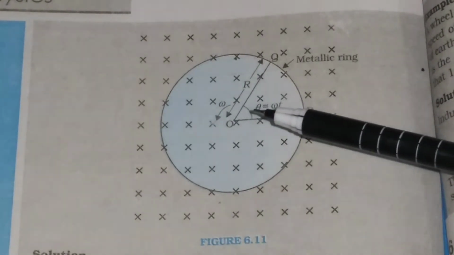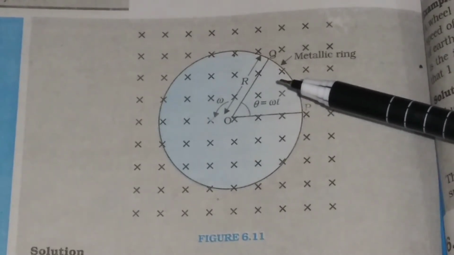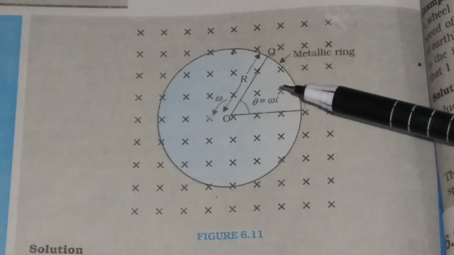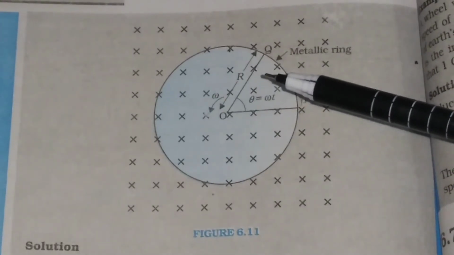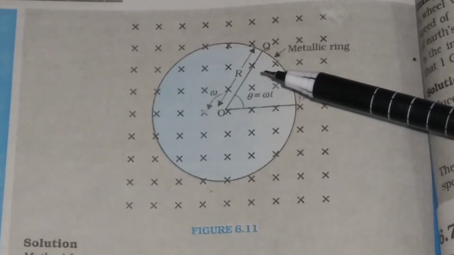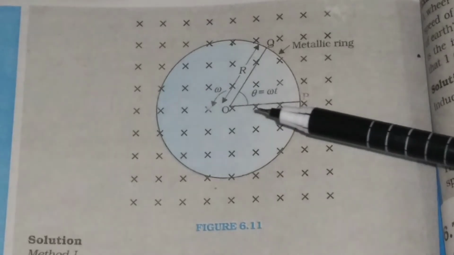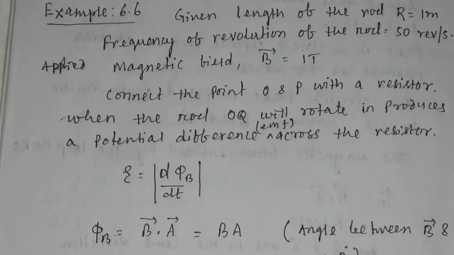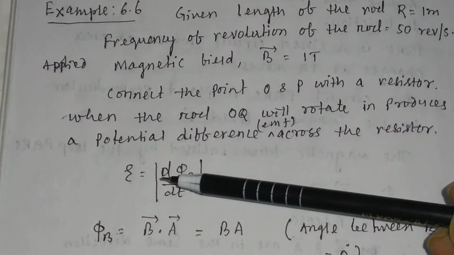When the rod OQ rotates, it produces a potential difference or EMF across this resistance. Due to the rotation of the rod, a motional EMF will be produced in this resistor OP. It is given the length of the rod R is equal to 1 meter, frequency of revolution of the rod 50 revolutions per second, magnetic field B equal to 1 Tesla, and the motional EMF produced E is equal